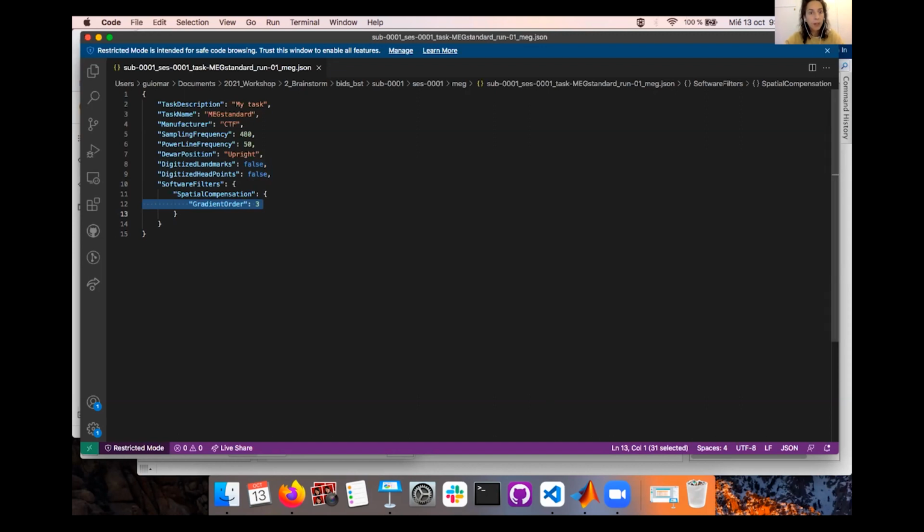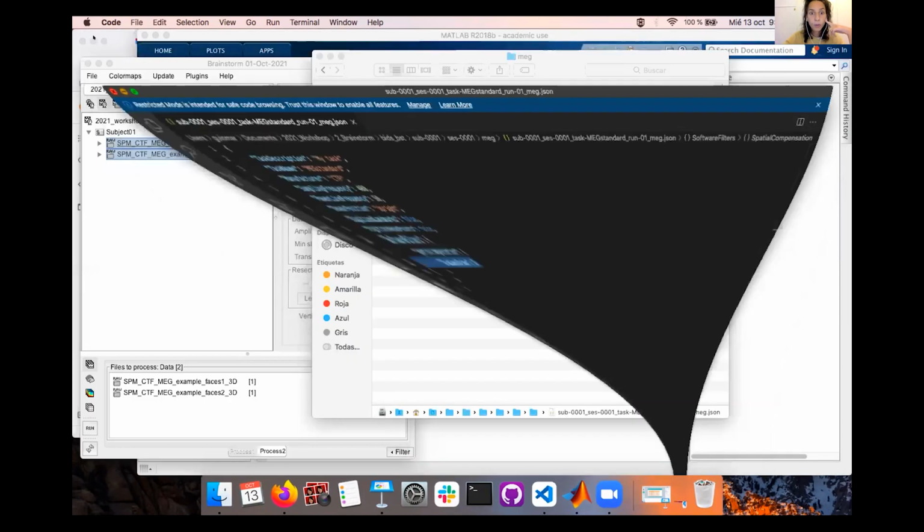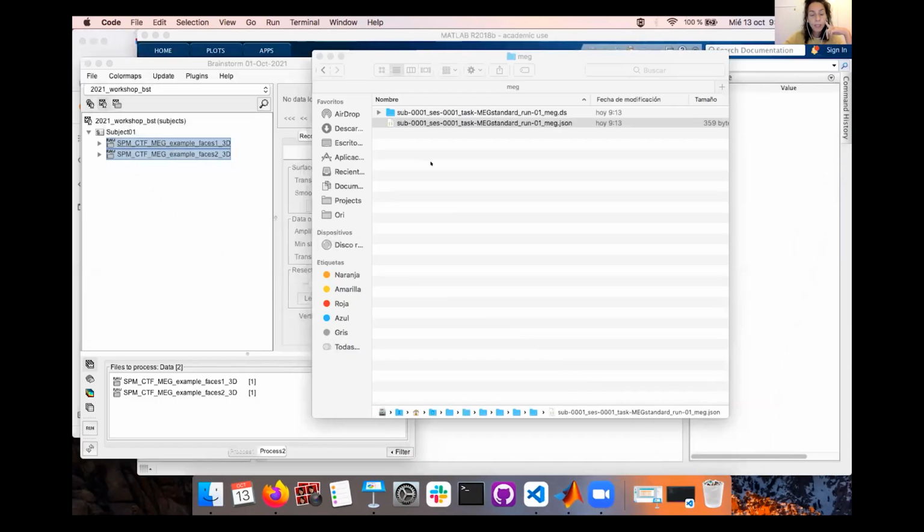People at Brainstorm are trying to get updated with the new specifications and every update of BIDS. So probably if a field is missing, in the same way as Brainstorm and as MNE-BIDS, you can just open an issue on GitHub and say, okay, my data contains these files or this information, and it's not extracted in the sidecar JSON file. And we can work on it and see how we can fix it. But for now, all the required files are there.